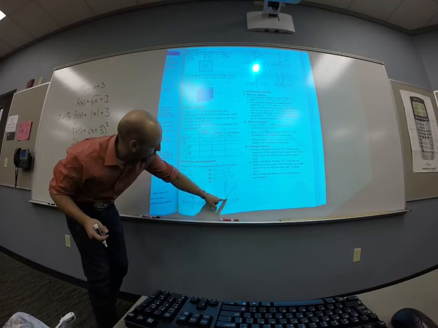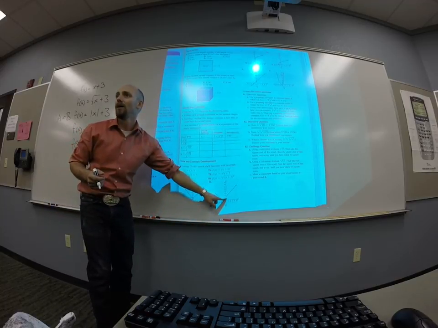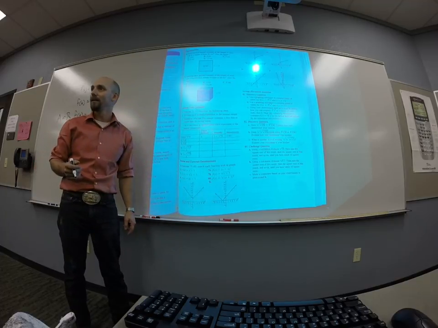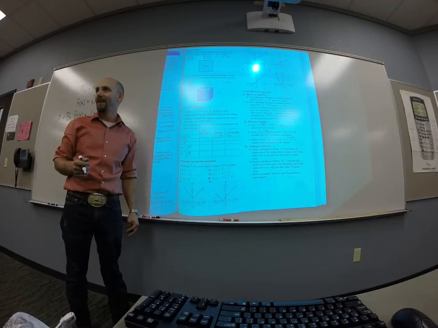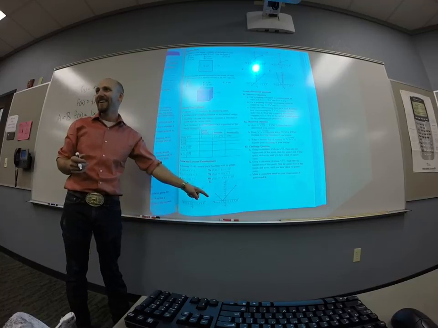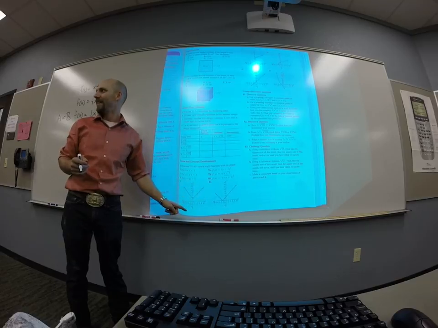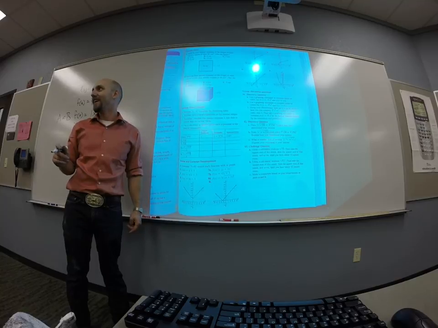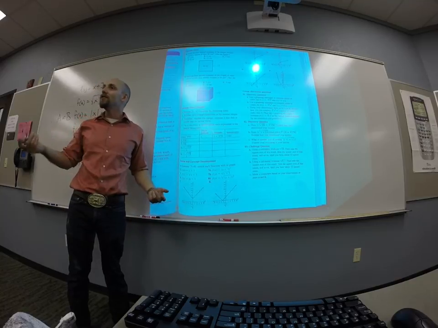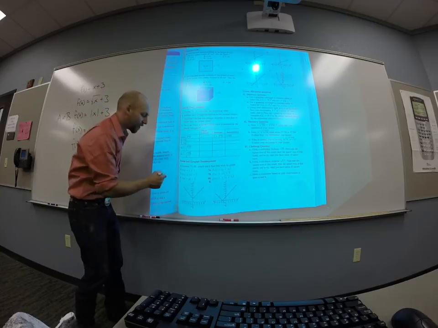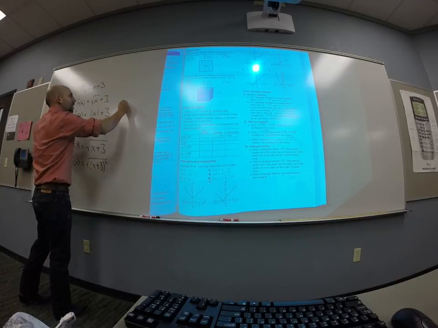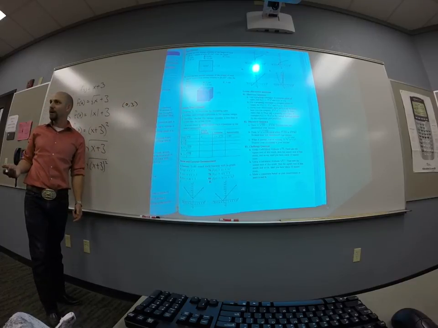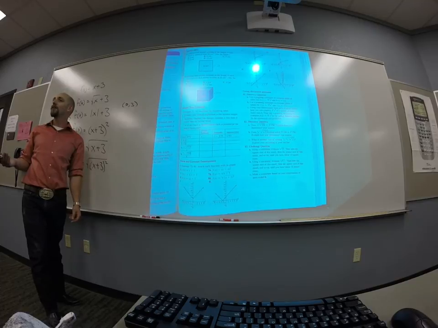Oh wait, the other one goes through 3. No, it goes through 0, 3. Yeah, it does. But it's not that one, because the 3 is in the y. What was that? I need 2 points, right? You guys see that? I found out that this guy has the point 0, 3 on its graph, right? But both A and B have the point 0, 3 on their graph. So maybe I should